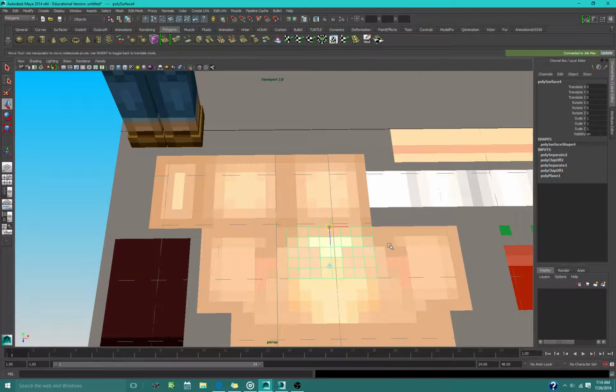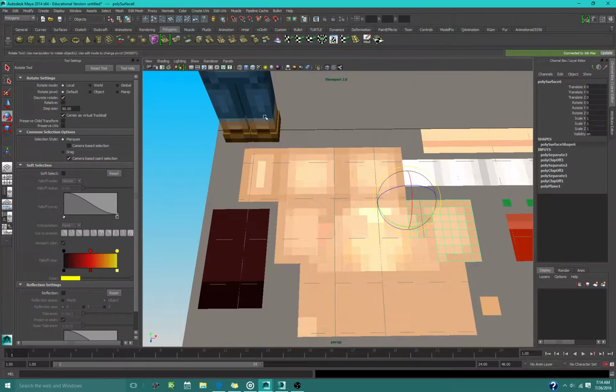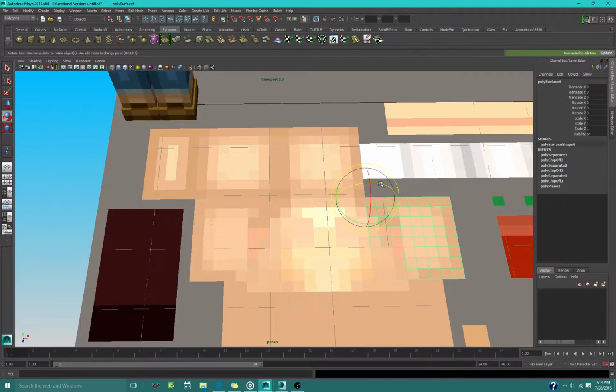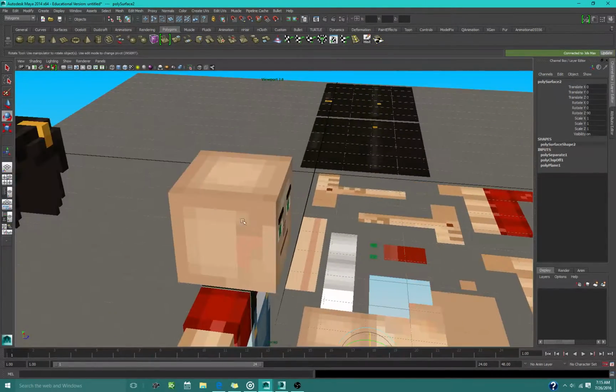For the face, just snap it in the middle and then over here. So once you've done that, go into your rotate tool. To make this easier for yourself, set discrete rotate to 90 degrees. Oops. So then just start rotating them. It's kind of like folding it up. If you ever played with paper craft, then you'll know